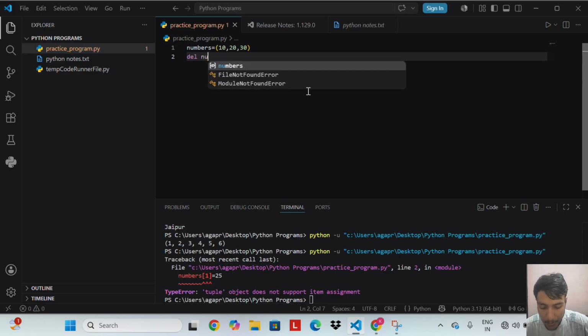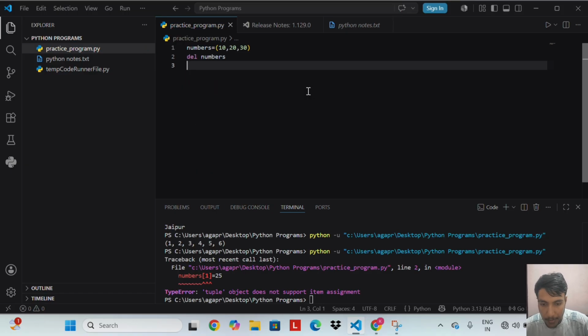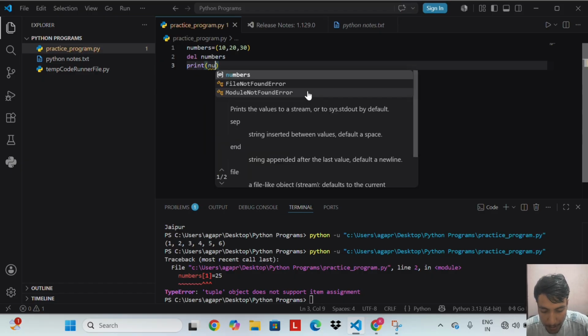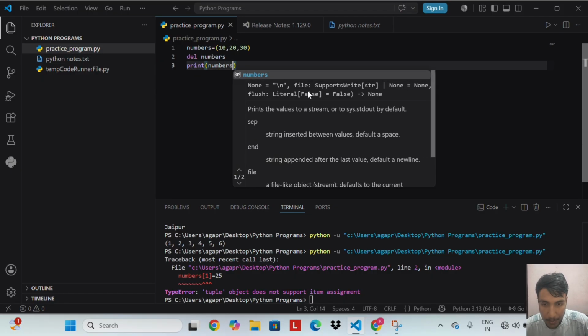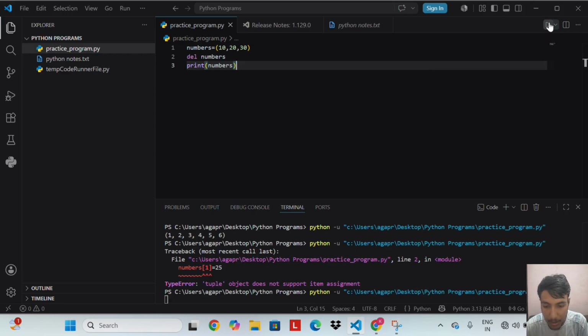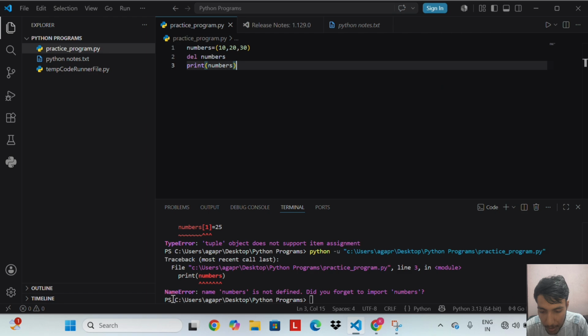Del numbers. Print numbers. Let's run this. We get a name error in the output.